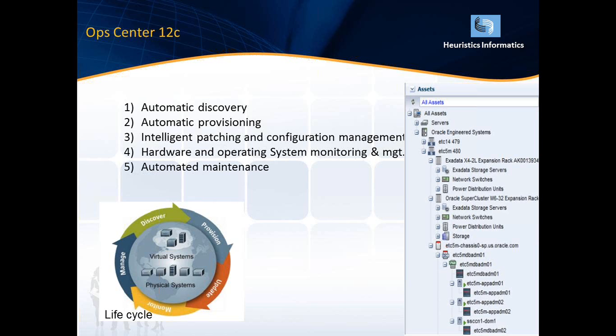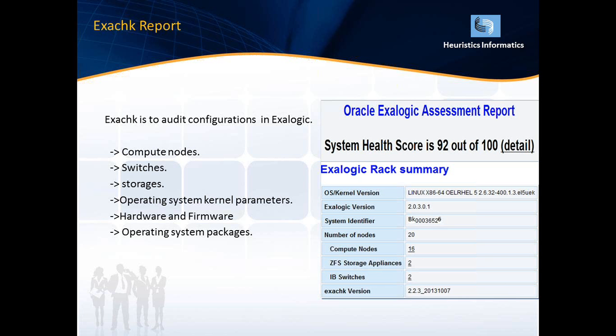And the next one, the last one, is the ExaCheck report, which will generate the report of the total health check. We can run it on a monthly basis, or on a periodical basis for any pre- or post-maintenance activities, which will give the overall health score. The health score of the total Elastic Cloud here is showing 92. The recommendation is that we should get at least 95 out of 100. So this score resembles that the health of your Elastic Cloud is very good.